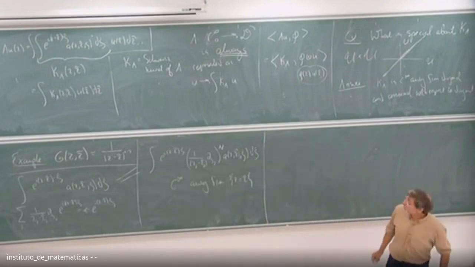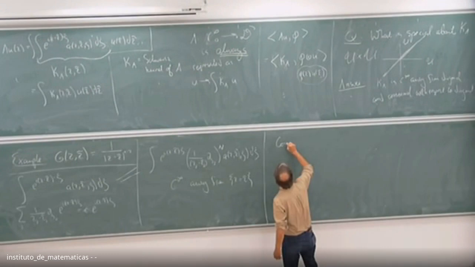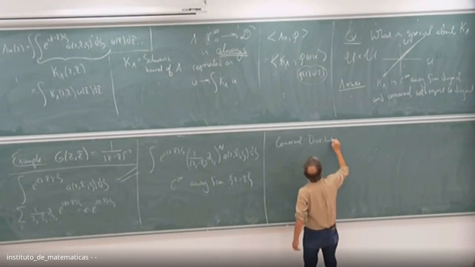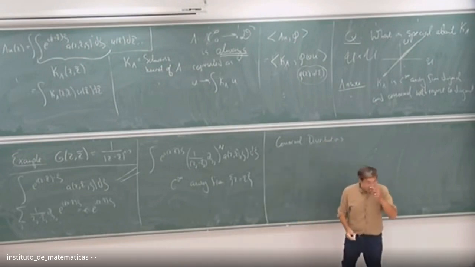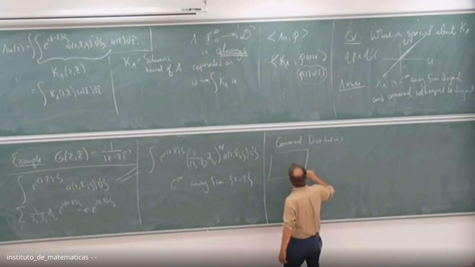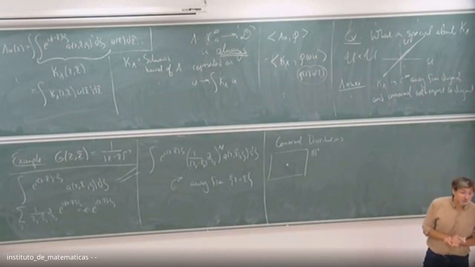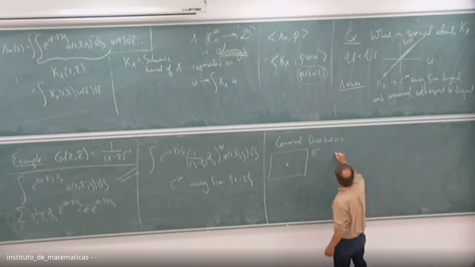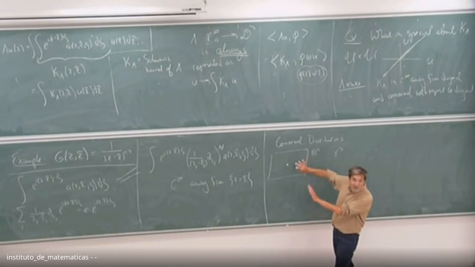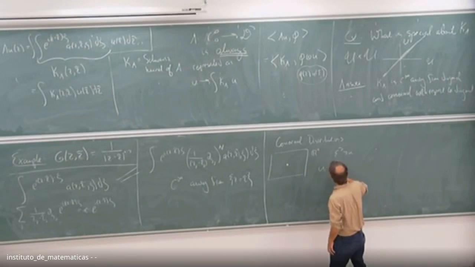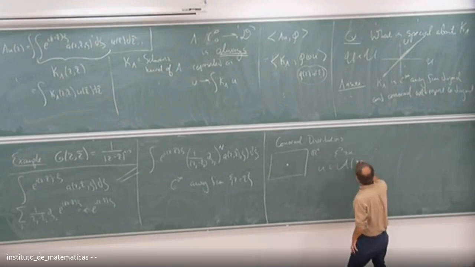Okay, so now let me tell you what conormal distributions are. And I'm going to do this in stages. So the first thing I'm going to do is I'm going to take Rn, and I'm going to take the origin. And I'm going to tell you what a distribution on Rn which is conormal at the origin is. Now let's just take compactly supported distributions. I don't care what's happening outside of the compact set. So I take a u in E prime. We say that u is, so here's the notation, curly A of Rn with respect to the origin. This means,